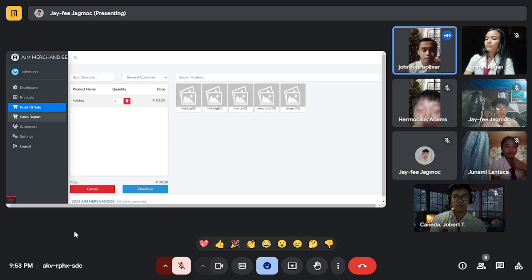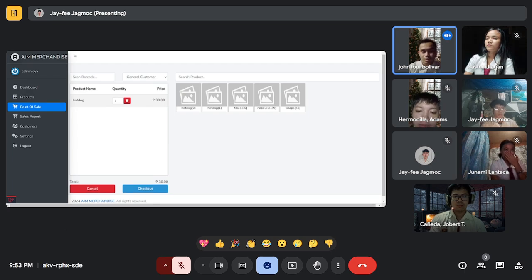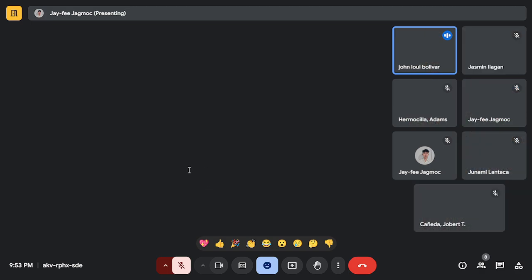So the test case 09 is cancel checkout functionality. The description: verify cancel the checkout. And then the expected outcome: user should be able to cancel an action or process. Then the test execution steps: first, click the cancel button to cancel the action. Then the second is confirm that the action is cancelled and the cart is empty.